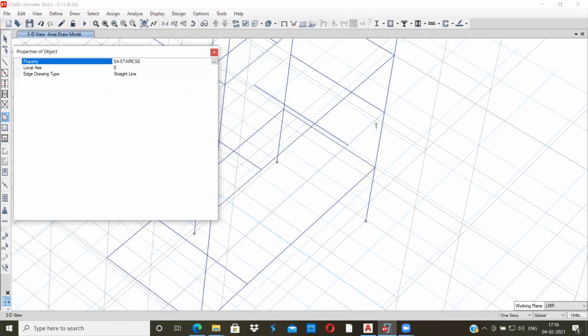Okay, be careful. So I'll draw the first flight. It starts from here to this joint and the middle of this.